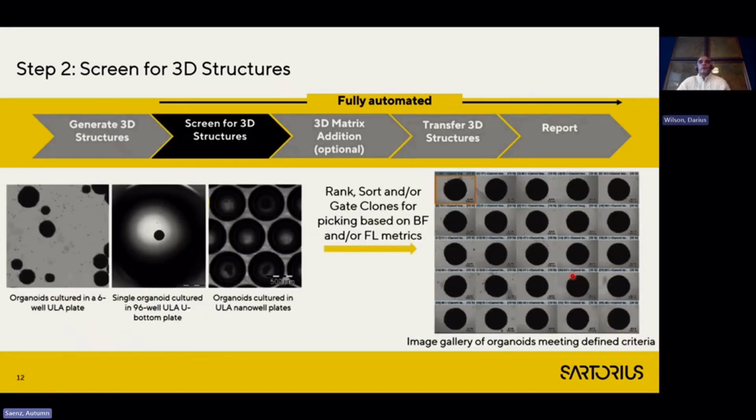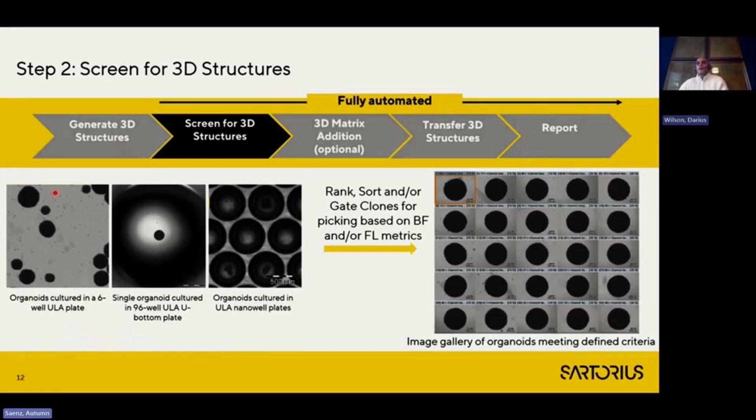So we've identified the organoids, and we then want to start ranking, classifying, and gating these organoids based on whatever parameter you wish. On the right-hand side, we've got a number of different organoids, and we can put in, for example, that we would like all organoids to be 80 microns plus or minus 1 micron in diameter. We want them to be as spherical as possible. We can put in those parameters up front. And we want them to be 10, 15, or 5 microns, for example, minimum distance away from the nearest neighbor, in order to prevent multiple organoids being picked up by the picking arm. So we can put all these parameters in. There are around 150 different parameters that we can put in.